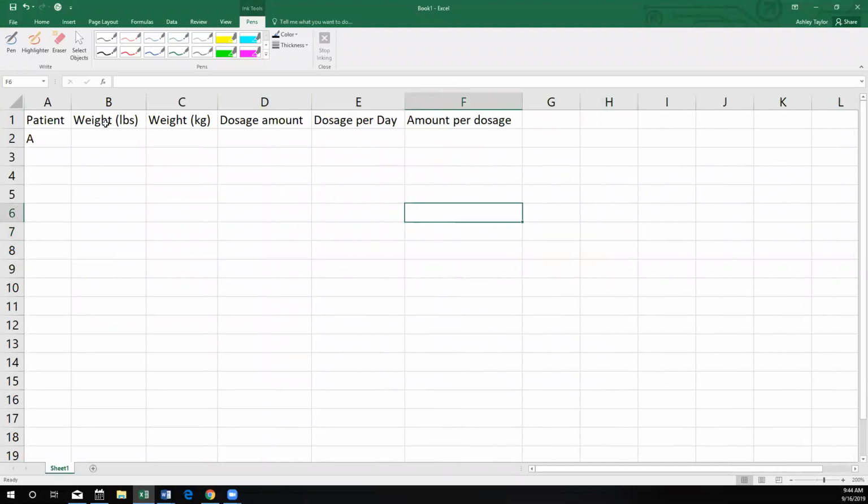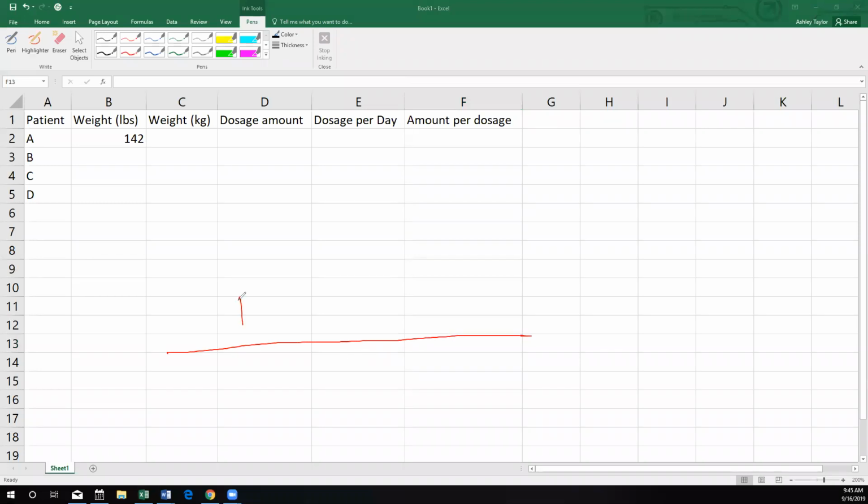So I double clicked on all the lines to get all my columns. This is patients A, B, C, G, or 1, 2, 3, 4. So now my weight, say my weight of my patient is 142 pounds. Okay. Now my weight in kilograms, remember when I did my conversion,